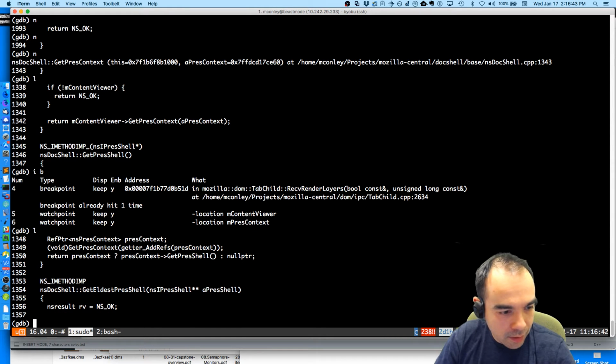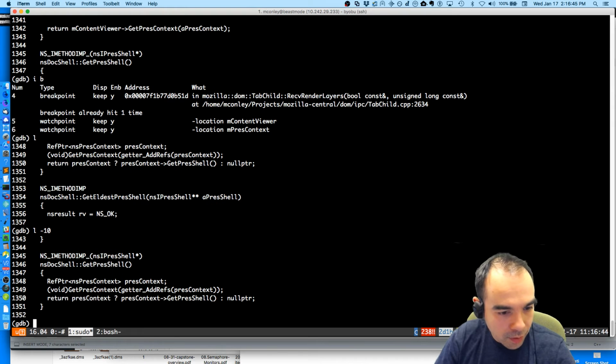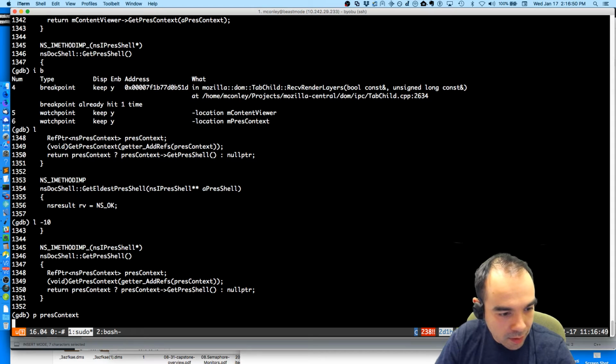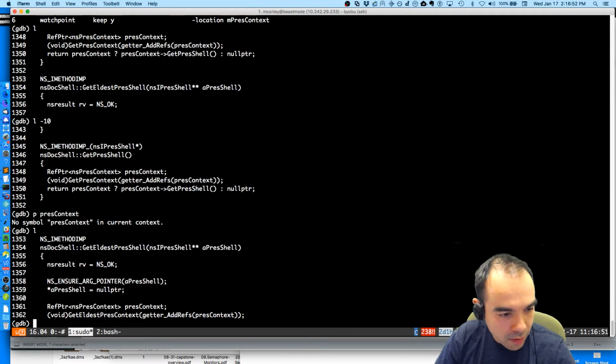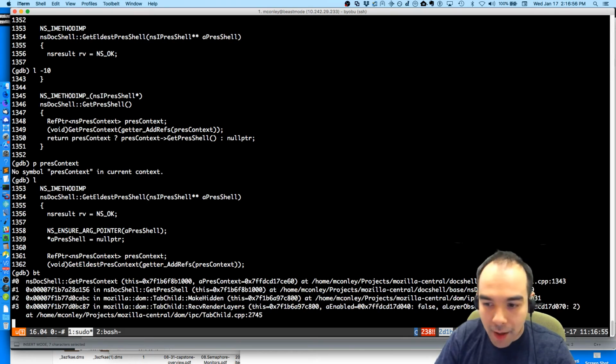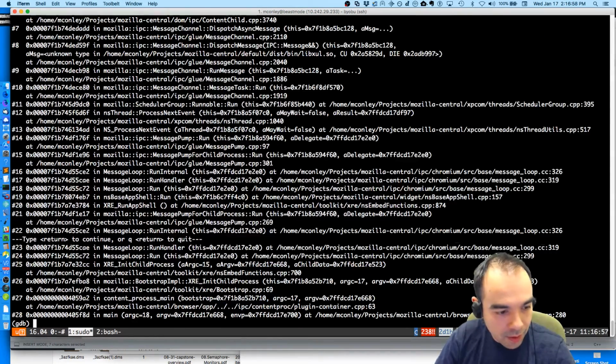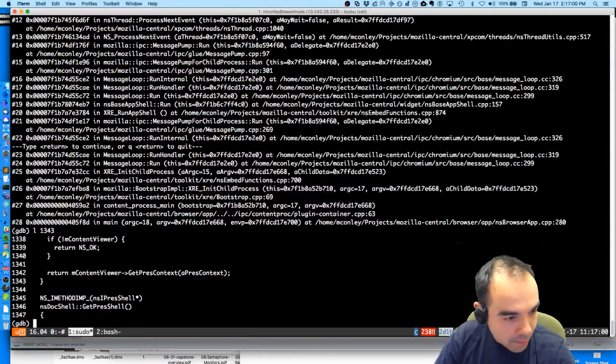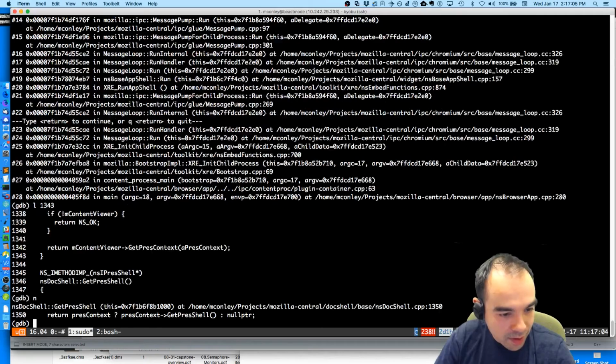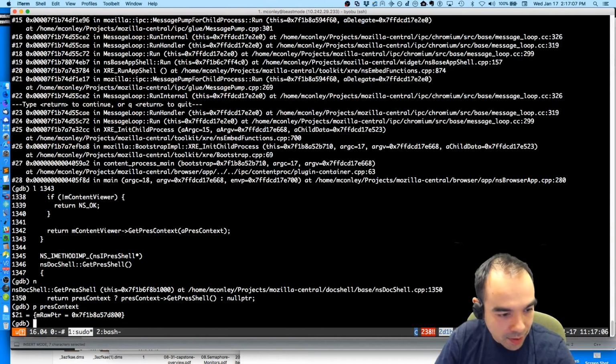And then we have to do get pres shell because we have a pres context now, right? Wait, where am I? I'm at line 1343. So I think we just finished in the scope. So now we have the pres context scope.